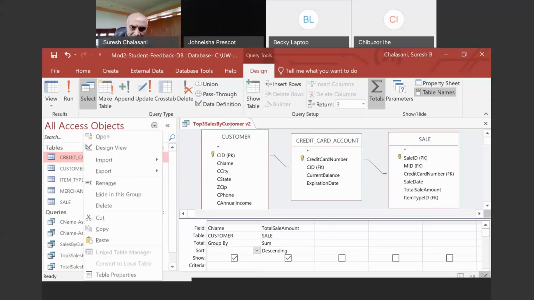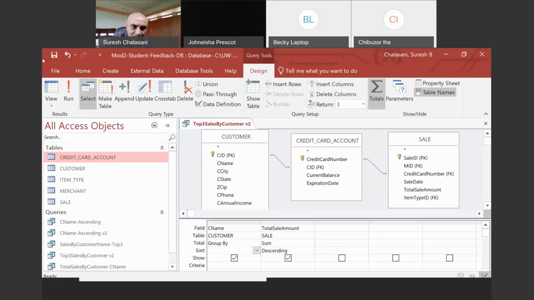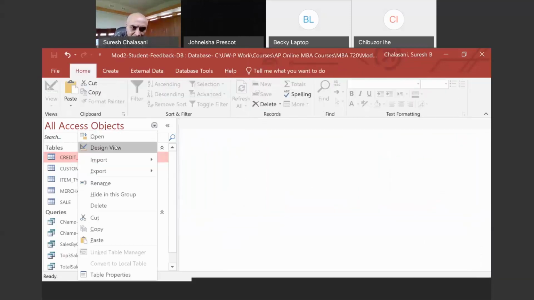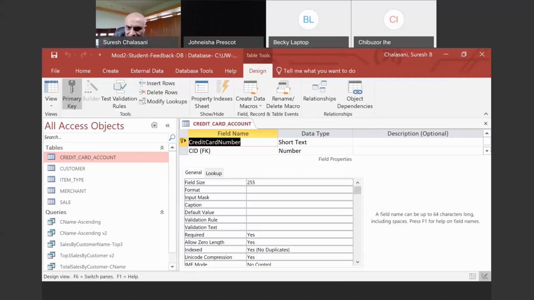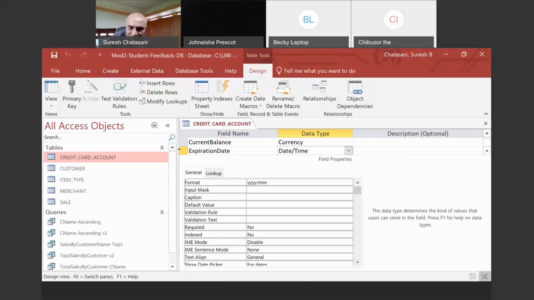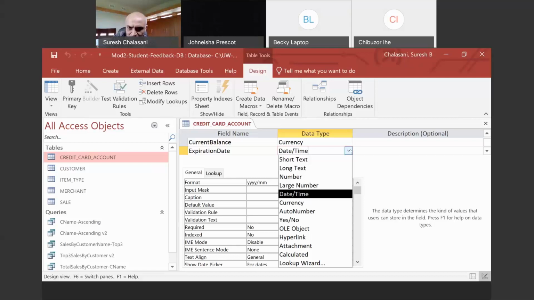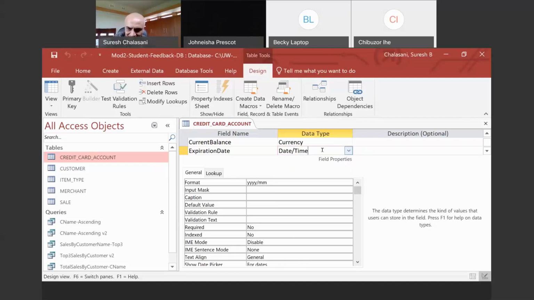So your question is for the date, how should it appear, right? So let's take the credit card account, and we have the expiration date. So I chose date time here. If you have a similar date time, you could choose that as the data type.